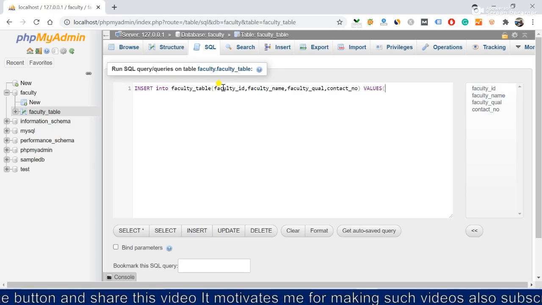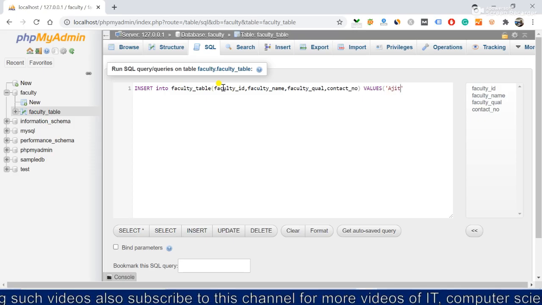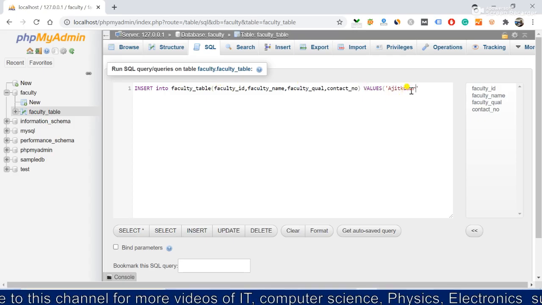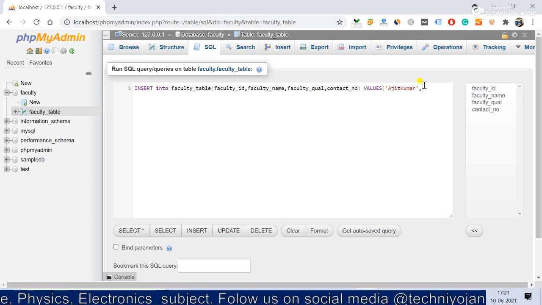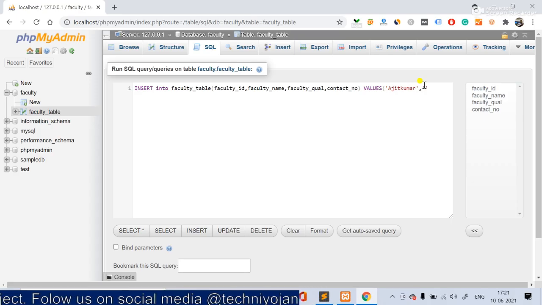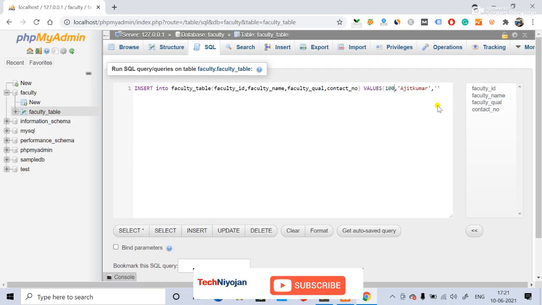as whatever it may be. For values, I will take my name. And then again comma, and the faculty name, what will be the faculty name then? Okay, this is the faculty ID, sorry. So I will make the faculty ID 101 because we have taken an integer number, right?